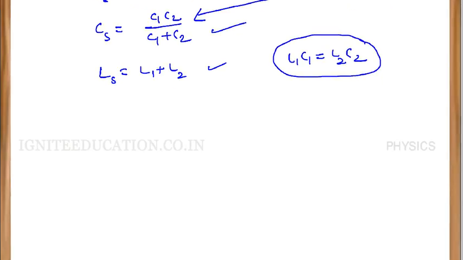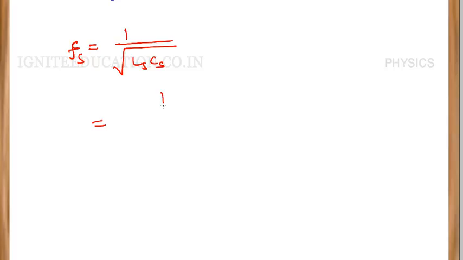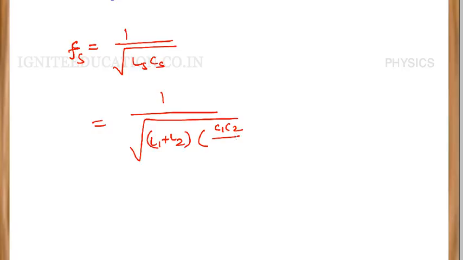And now I am writing the expression for the resonant frequency of the combined circuit. The resonant frequency Fs is equal to 1 by root Ls Cs. According to the resonant frequency formula, Fs is equal to 1 by root Ls Cs. Now what is Ls? Ls is L1 plus L2 and Cs is C1 C2 by C1 plus C2,